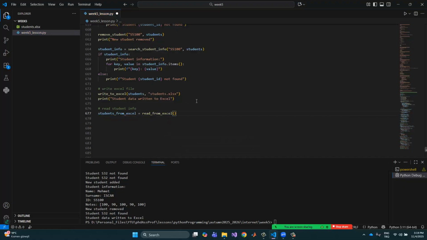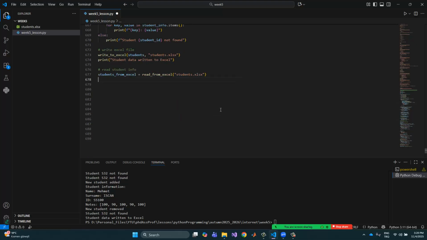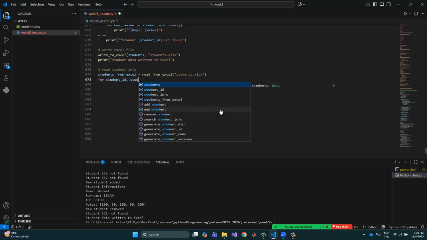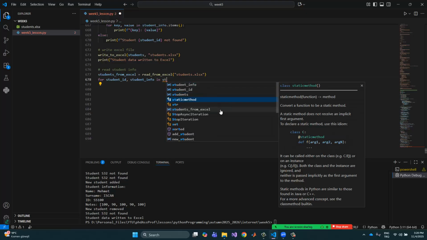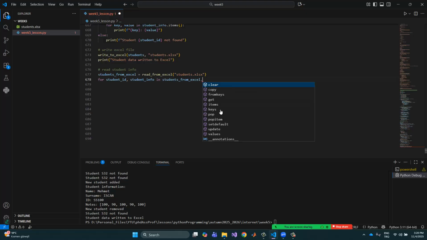Read from Excel, students XLSX. Okay, and so what about this one: for student ID and student info in students from Excel, the items can be called in here